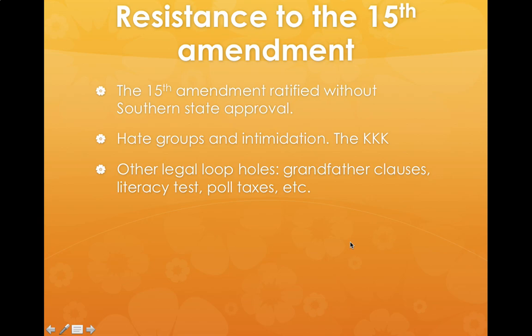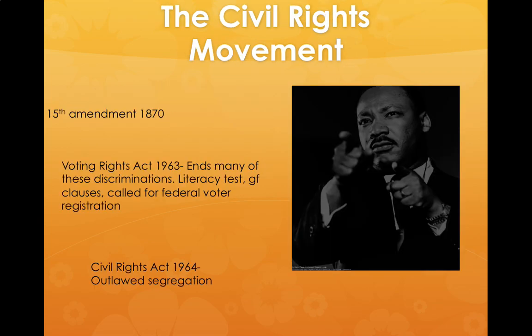KKK and the voting intimidation was something that was very difficult for the country to get around and to deal with. And really, even though the 15th Amendment went into effect, it took a long time for voting to really be realized by every person in the South. The 15th Amendment was ratified in 1870, and in reality, many black Americans did not have the right to vote, especially in southern states, until the 1960s. So almost a full century later.